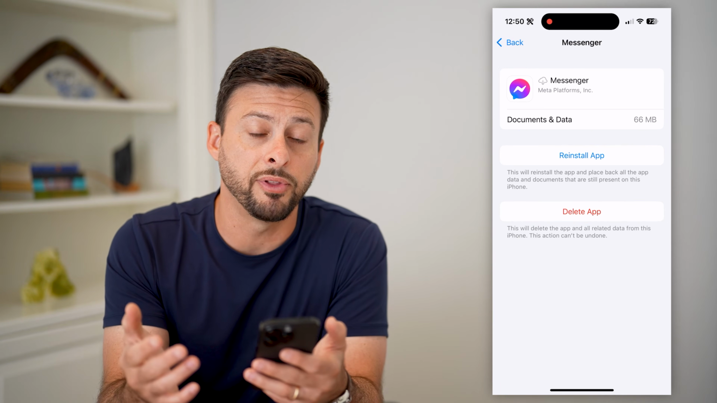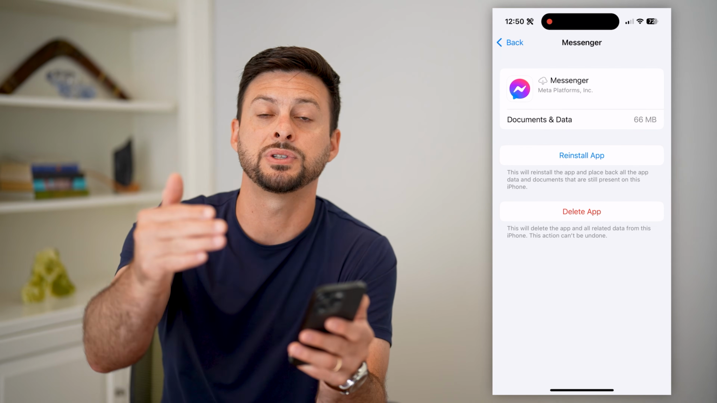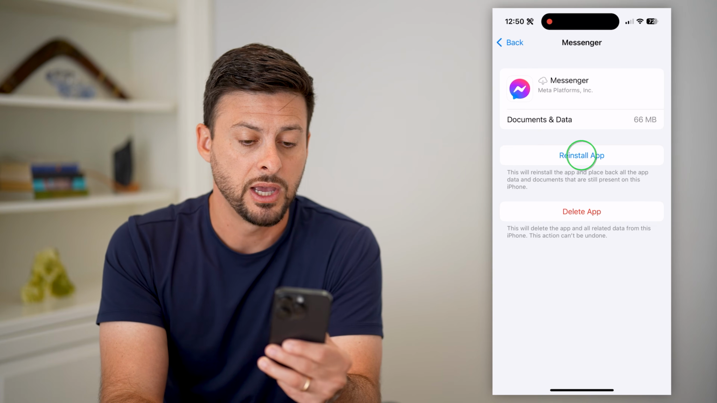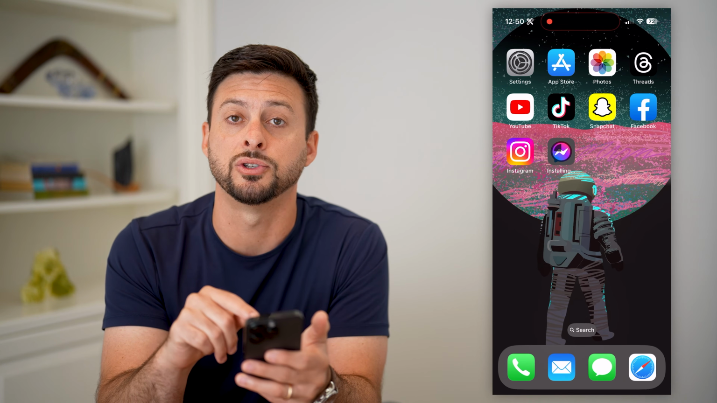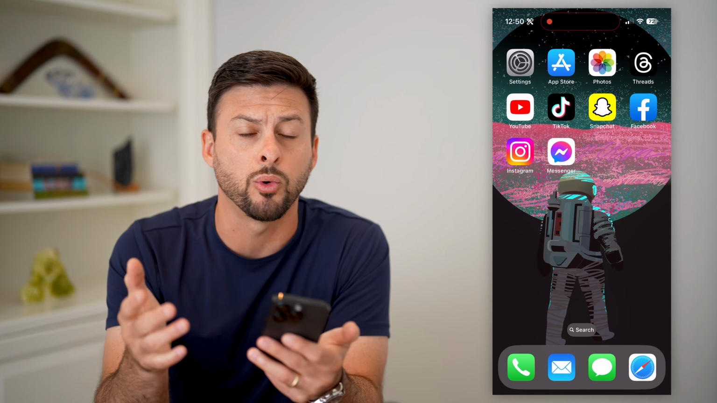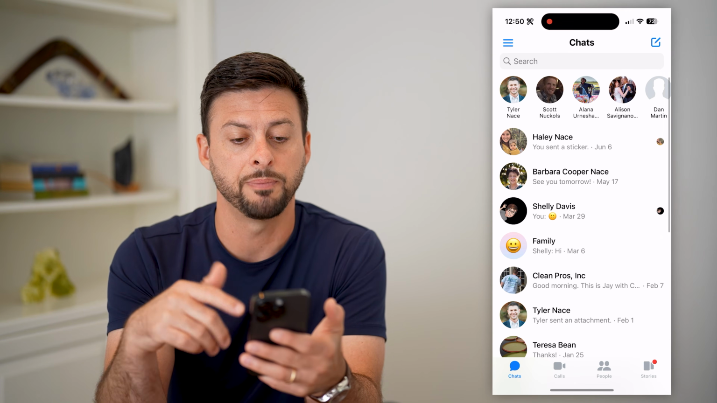It's nice because offloading the app basically removes the core app files and force updates it to the latest version. You can just hit Reinstall here, and it will install a fresh new version of it. If there's any kind of bug or glitch in it, a lot of times that fixes it. And then you should be able to just tap on it and open it